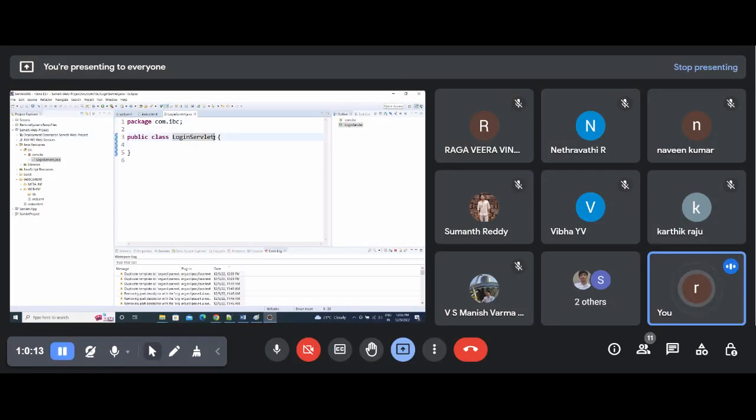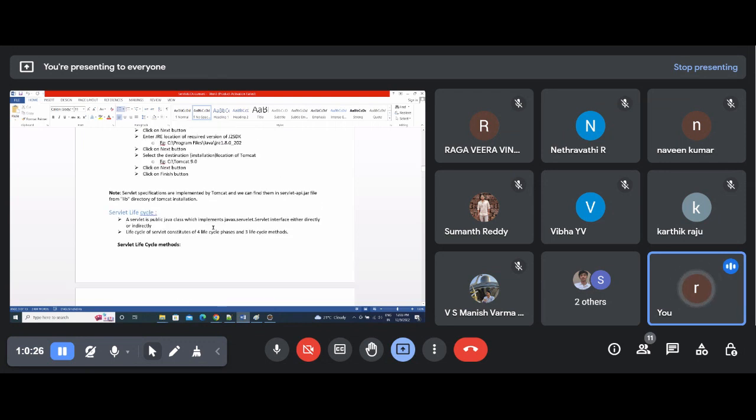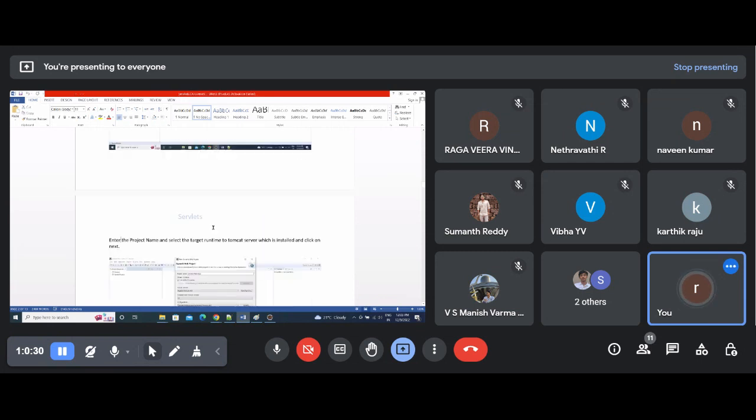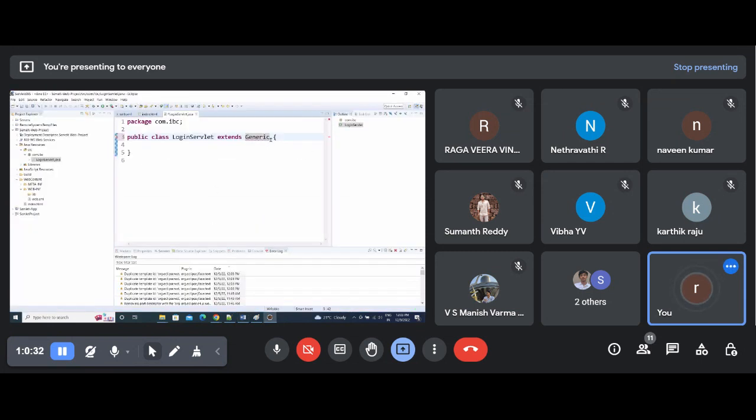To get the servlet behavior it is compulsory to extend some servlet, generic servlet. Already I showed you somewhere. We need to use generic servlet or HTTP servlet. So this is not there. Where it is available means it is available in